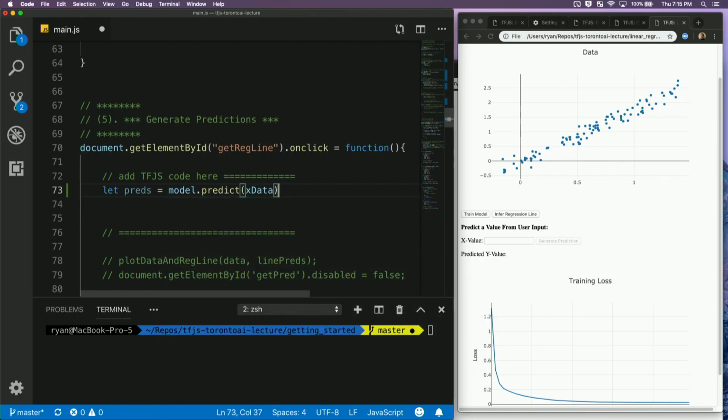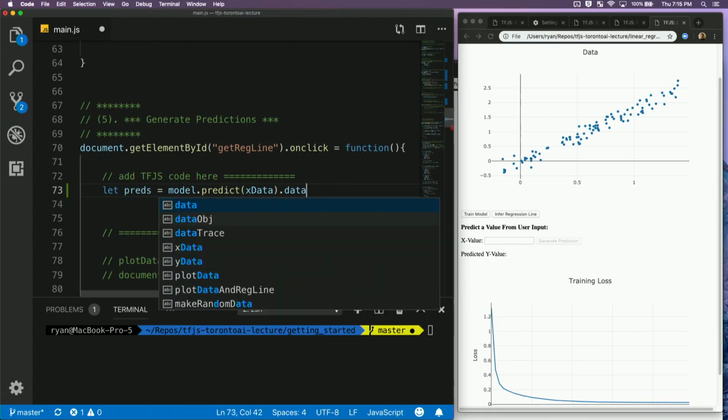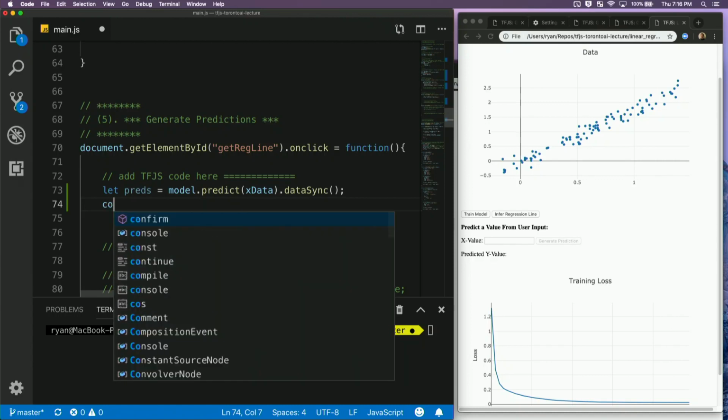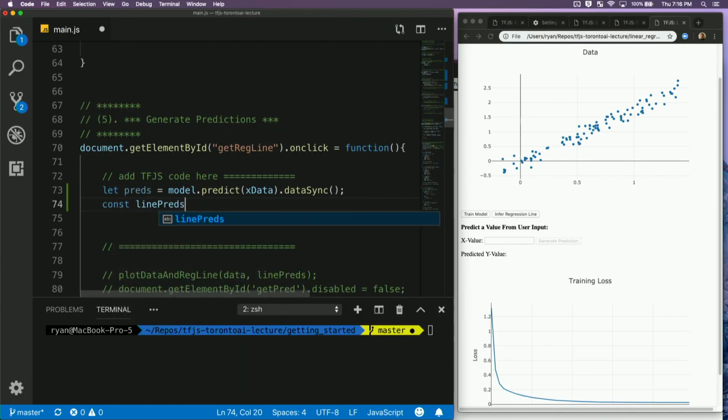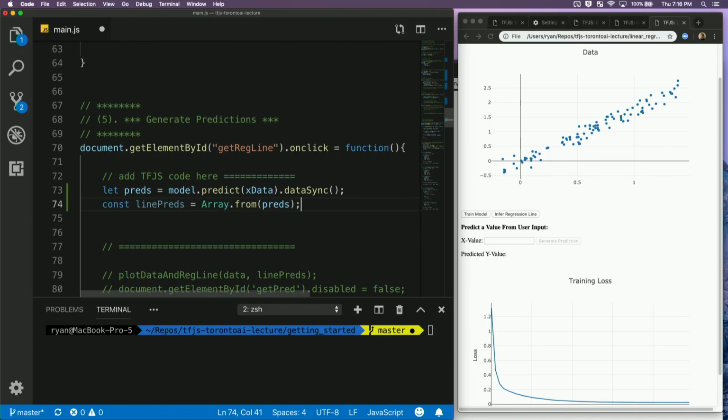And don't forget, if you want to make sure that that tensor is available, you have to call dataSync on it. Then to convert that tensor into an array, you just call Array.from and then preds, our data-synced tensor.